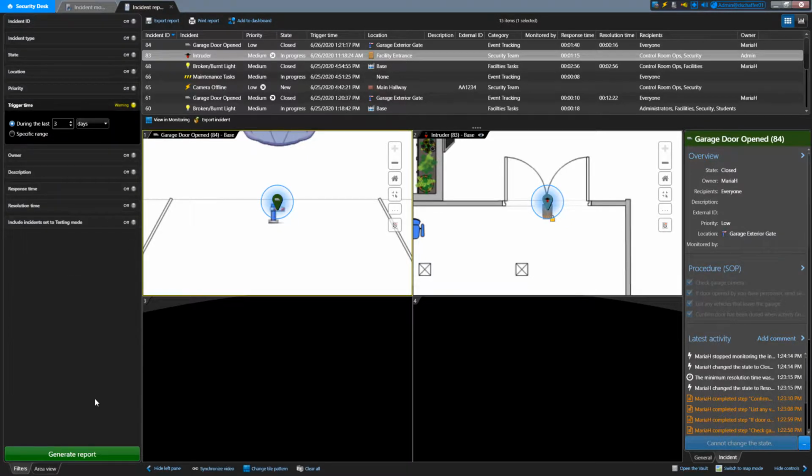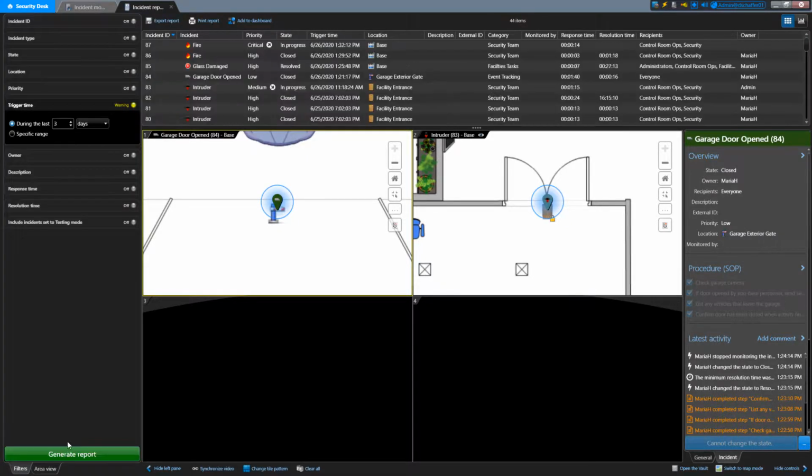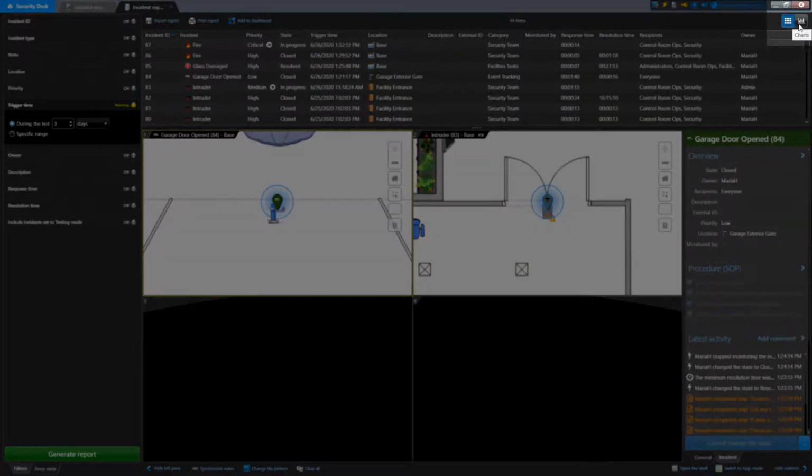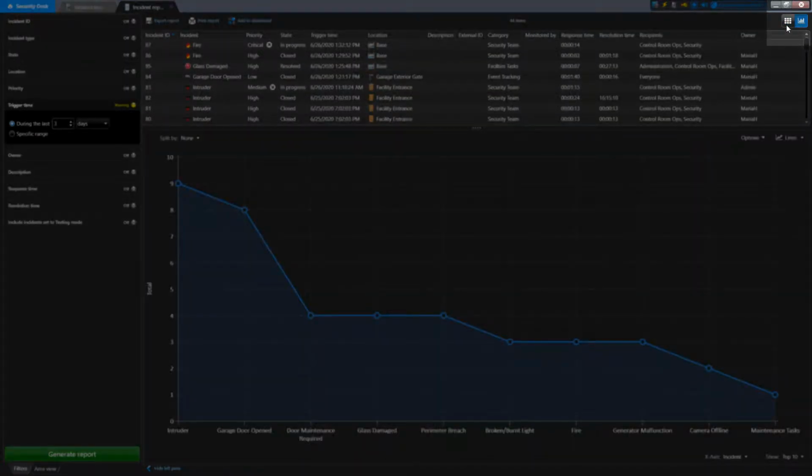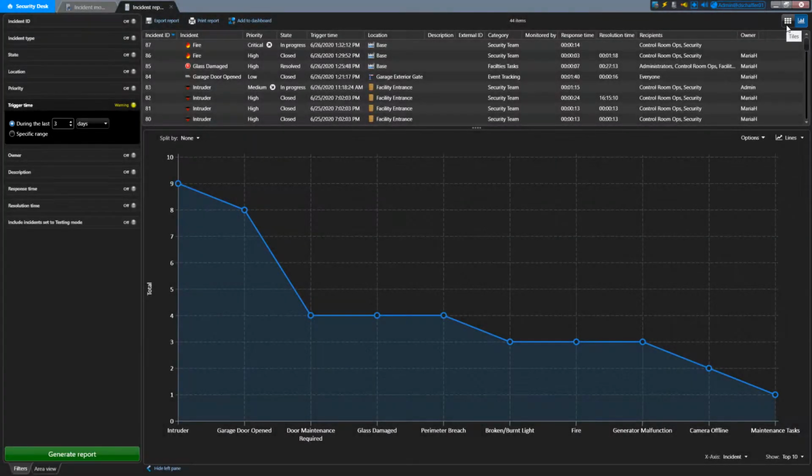If you're less concerned about looking at individual incident details but want to see a summary of some information from it, you can change from the Tile view to Chart view. Click on the Chart icon on the top right to go into Chart view. The Tile view icon is right next to it in case you want to go back to that view. Switching to the Chart view will remove the tiles in the Details pane and will give you a line chart of your top 10 total incidents by default. Use the top right menu to change the type of chart shown and the options next to it to configure specific settings for the chart.